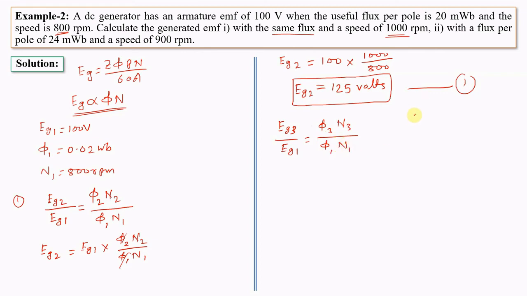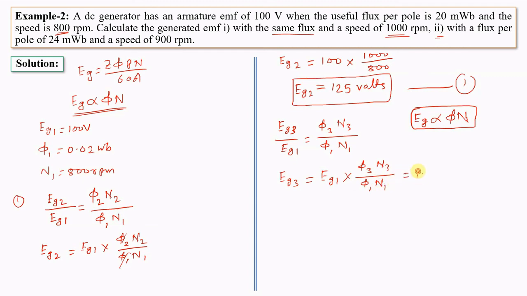This is because Eg is proportional to flux into speed. Generated EMF is proportional to flux into speed. So for the third case, it will be proportional to the flux of the third case and the speed of the third case. So we can write in this way. Therefore, the generated EMF in the second part of the question is Eg1 into N2 phi 3 N3 upon phi 1 N1,